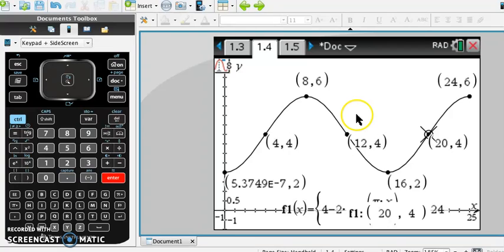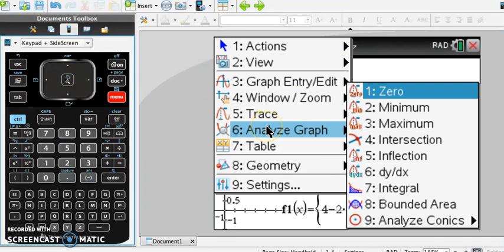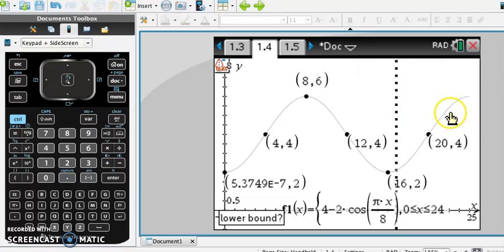Sketch the graph. Well, here's my graph here. Sketch the graph on the interval 0 to 24, label all the relevant points. So you can see I've got all the key points covered here. Let's say that end point wasn't there. Can I get rid of that? If I need to find my endpoints, menu, in this case it works out